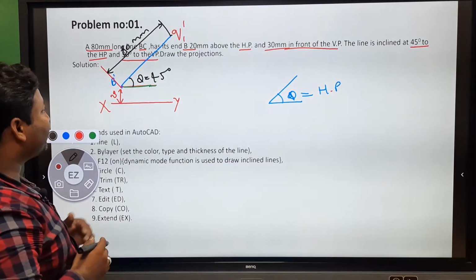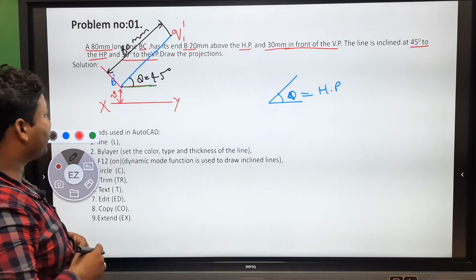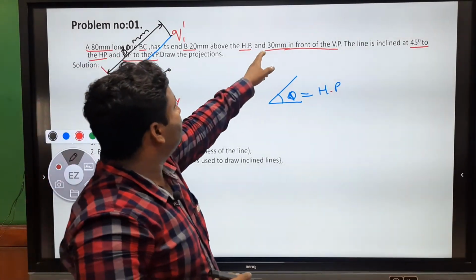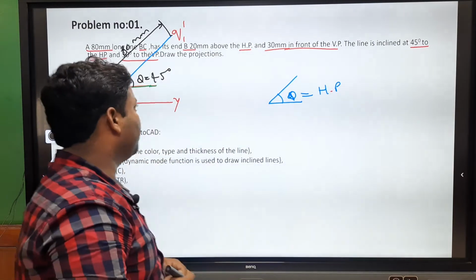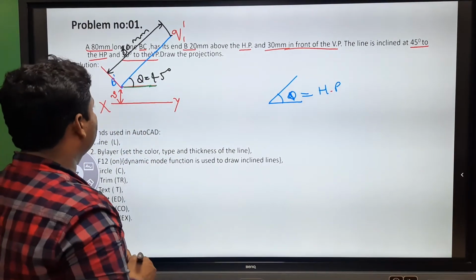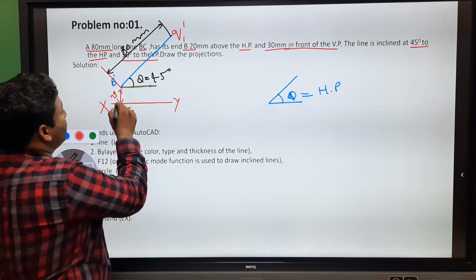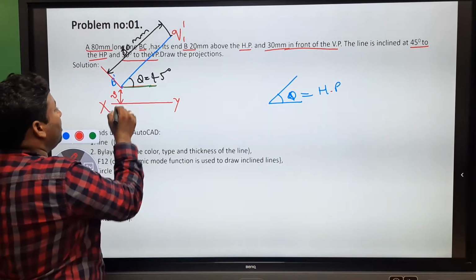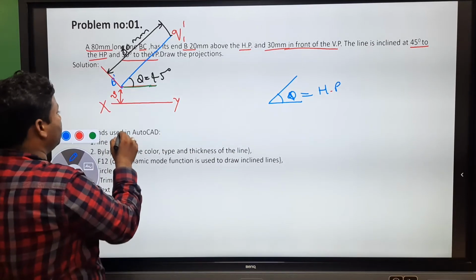Now, the second condition is given here. The end point B is 30 mm in front of the VP. In the same way, from the reference line, I will draw a point here.